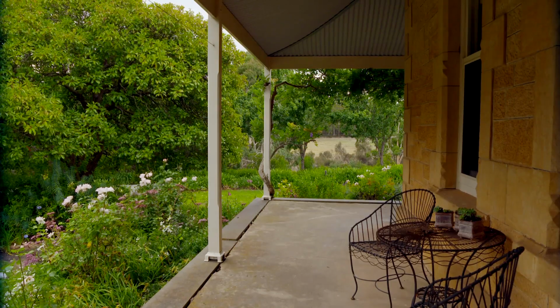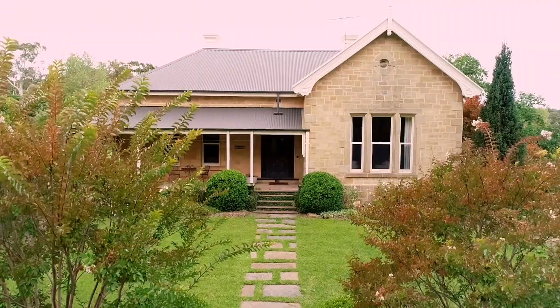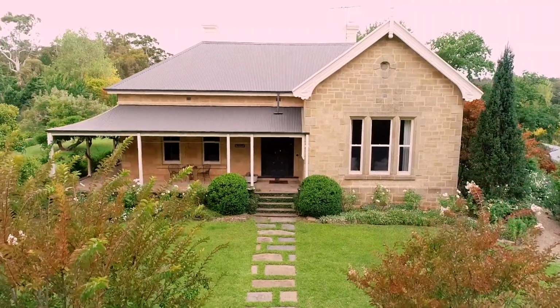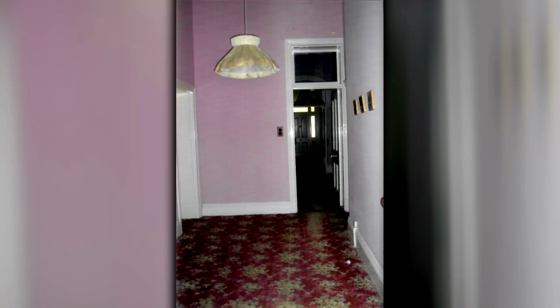Kim, how long have you been here now? We moved here in 2003. What did you do? Because it's now magnificent. It's a beautiful home. Yeah, it was quite a task. We had to move out for about 9 months, and it had to be redone top to bottom. We were told when we bought the property that the house wasn't habitable. Put buckets down the hall when it rained and...